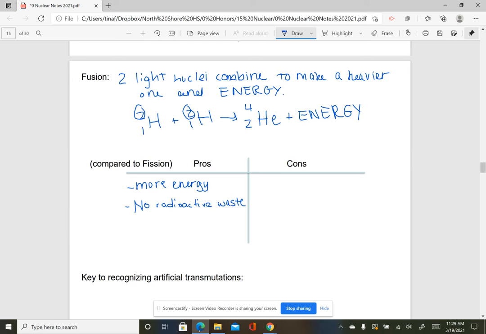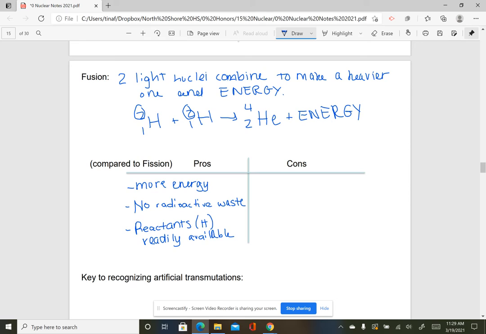Another good thing, guys, the reactants, hydrogen, are readily available. It's very easy for me to get hydrogen, compared to me needing uranium to start a reaction. So you're probably thinking, okay, well, if fusion is better in all of these ways, why don't we